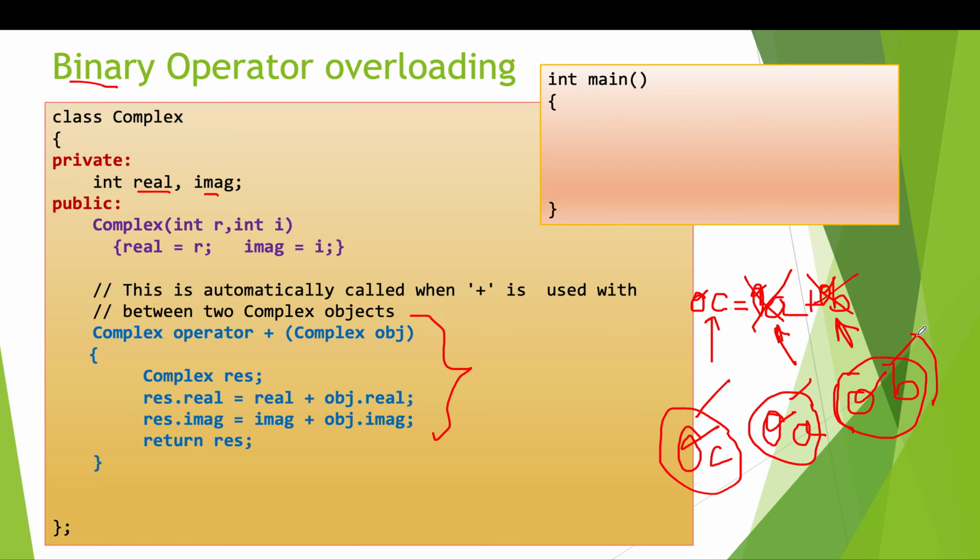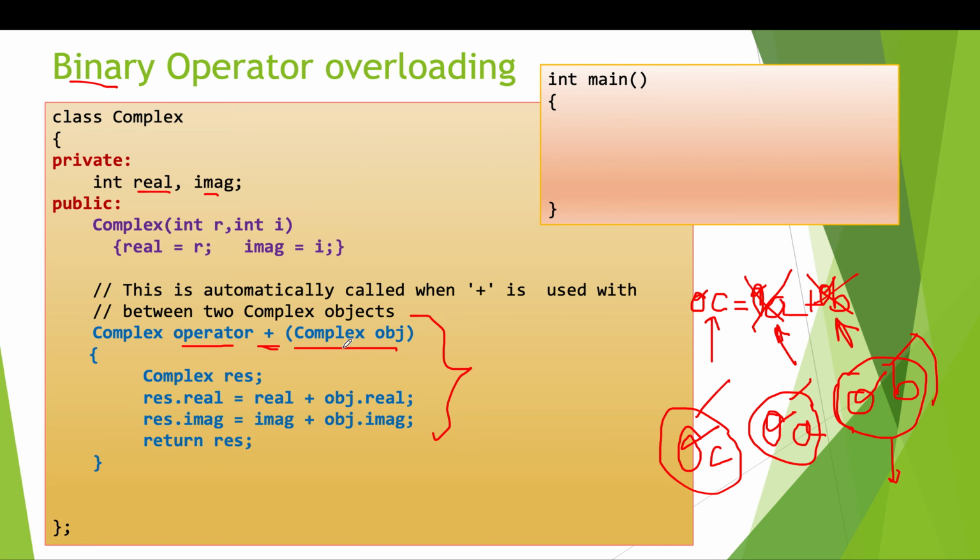We will see now how we are actually implementing operator overloading. So this is our function, keyword operator, operator plus. We are overloading the plus operator. As we have seen, this function will need one input. This obj we have passed as input to the function. So what is the input to the function? Input to the function is an object.